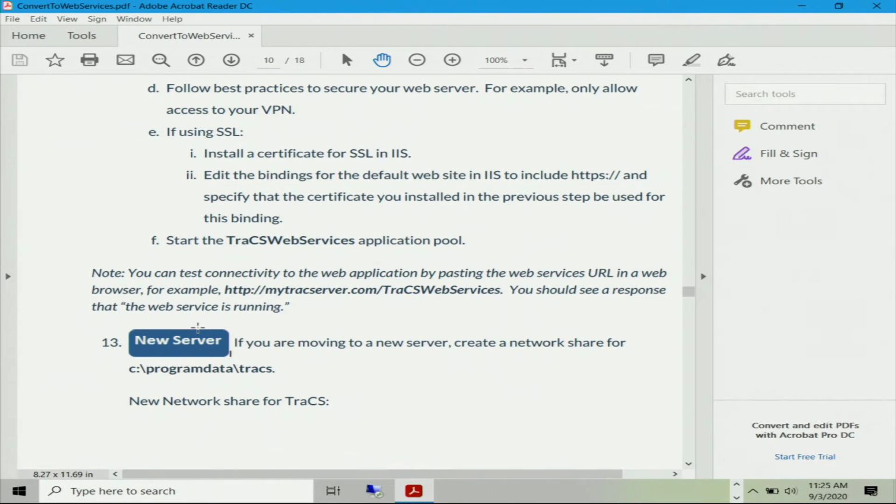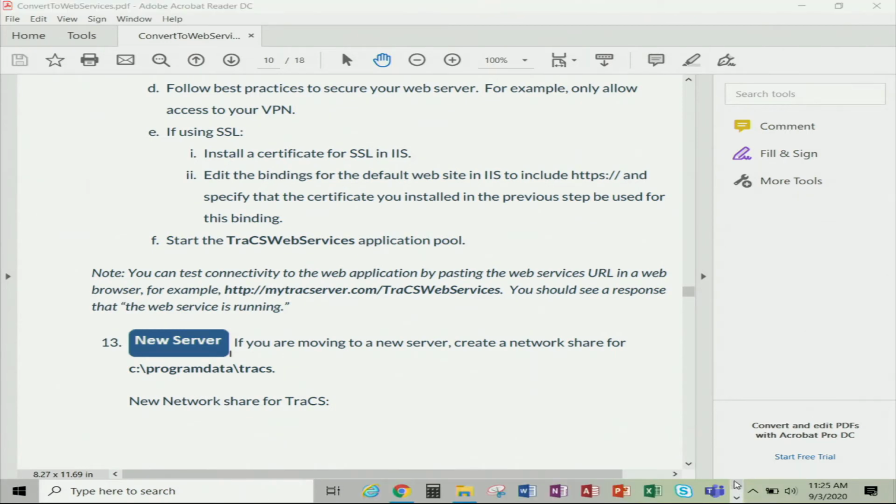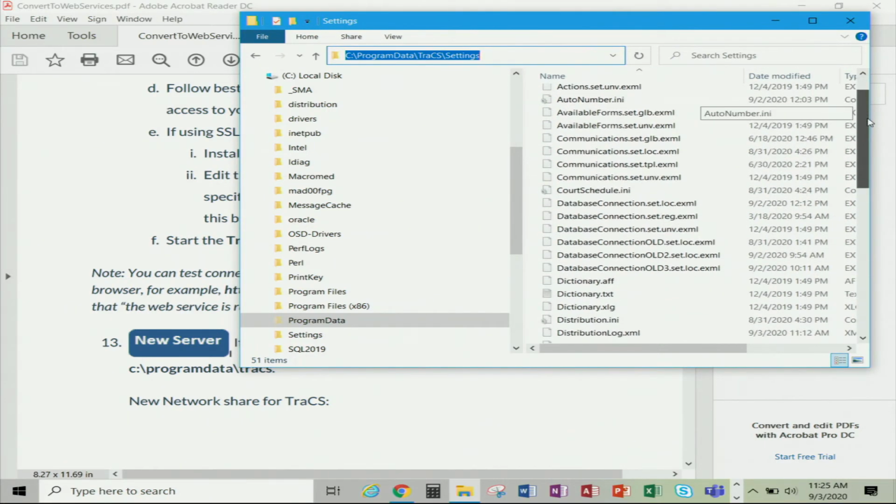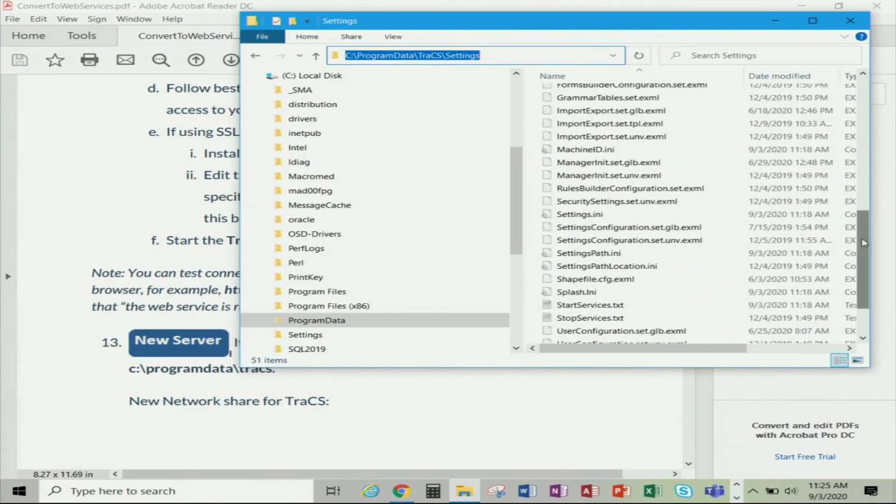Now let's manually change a squad car to be a web services client. On a mobile computer, navigate to the C drive, Program Data, TRAX, Settings folder. As you see here in the window, that's where we are at. And look for a file named settings.ini. Open this file,